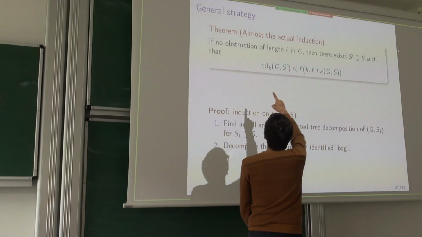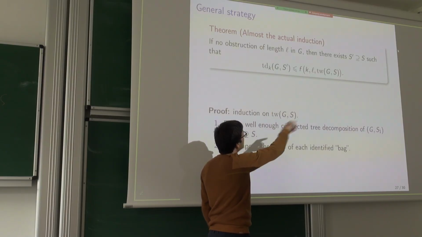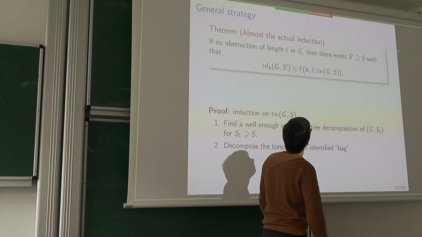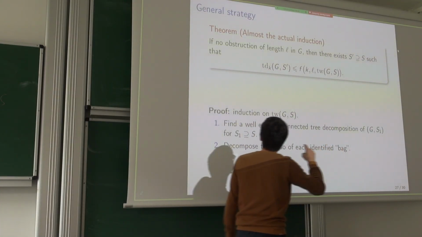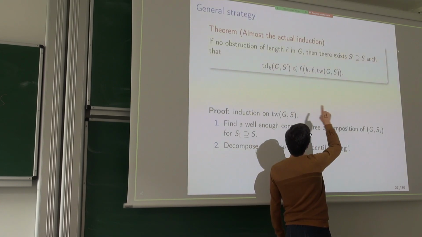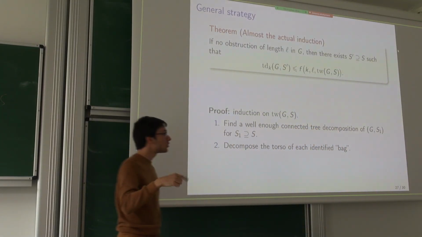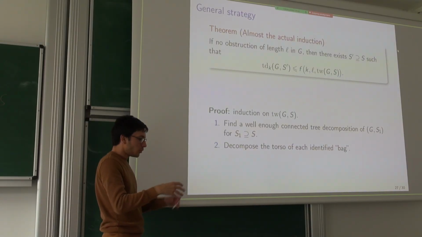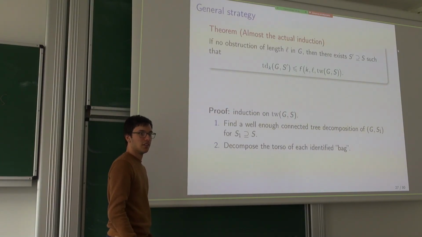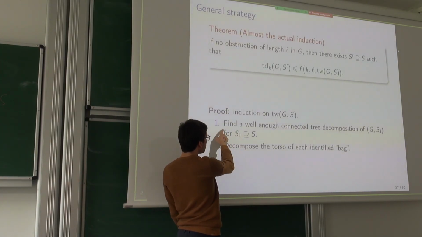So what we will really do is to prove this: if there is no obstruction of length L, a tree on K vertices times the path of L, in G, then there exists S prime, a superset of S, such that the k-treedepth of G S prime is at most some function of K, L of the treewidth of G S. And now we can proceed by induction on treewidth of G S, because we have something more general. And so at some point we'll say, okay, the neighborhood of this vertex has smaller treewidth, so I can decompose it. This is really the main idea. So the first step